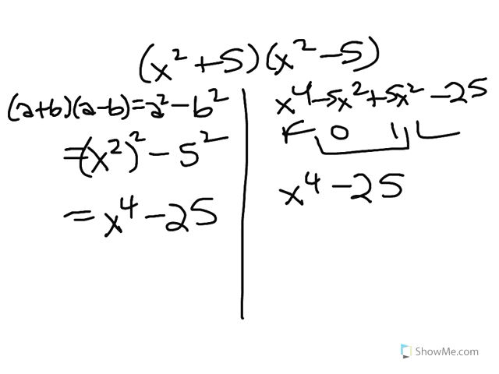I hope that clarifies the method for you. Going forward, in all of these cases, I am not going to use the FOIL method for squaring things. I'm not going to use the FOIL method for multiplying sums and differences of the same terms. I'm going to use the patterns and model that for you. So in later ShowMes, when these things pop up, and they will, you're not going to see the FOIL method being done for these. That's okay. If you choose to use the FOIL method, just remember, that's your business. I've advised you to learn these patterns. I think it'll help you to do that, and I strongly recommend